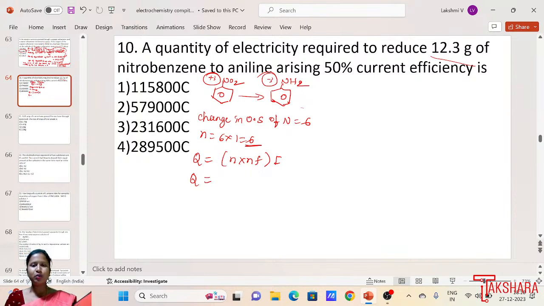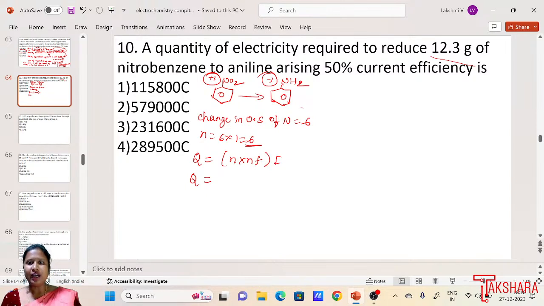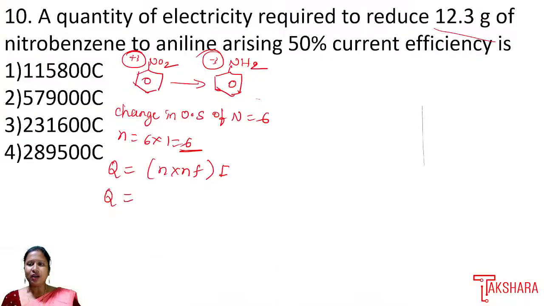Okay, so the next question: the quantity of electricity required to reduce 12.3 gram of nitrobenzene to aniline, assuming 50% current efficiency, is. So what is the 50% current efficiency? When we supply electricity, how much electricity is required to reduce 12.3 gram of nitrobenzene